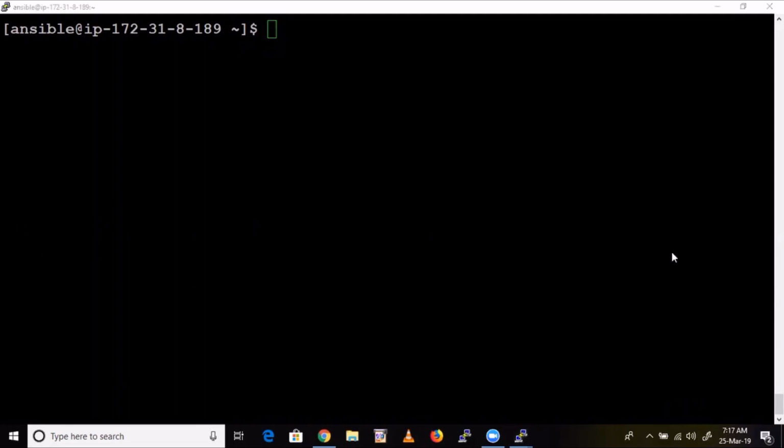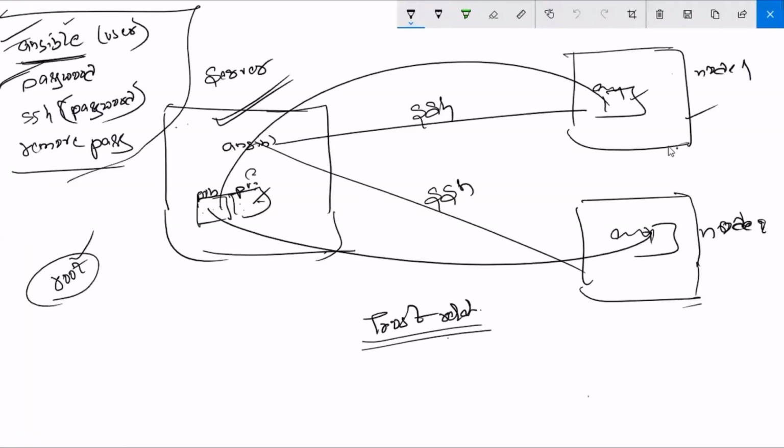Now what we have done so far: we have created the Ansible user and given a password to that user. If you observe carefully, you might have a doubt. You can establish a trust relationship on the same level, either root to root or normal user to normal user.